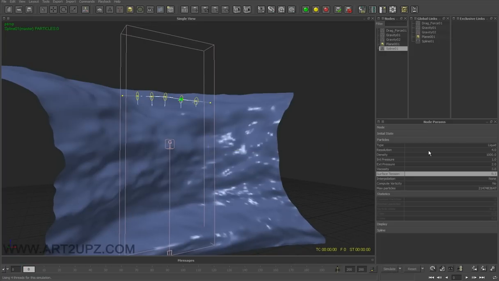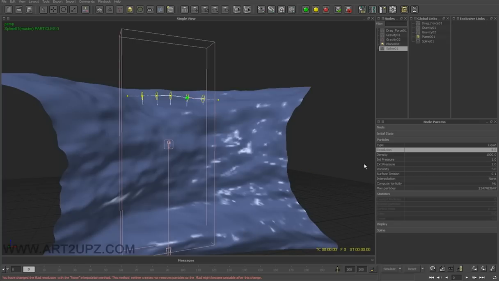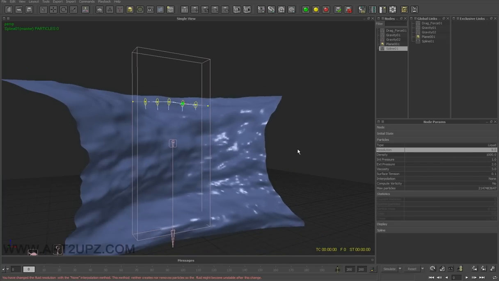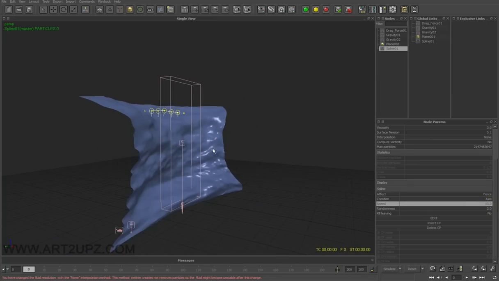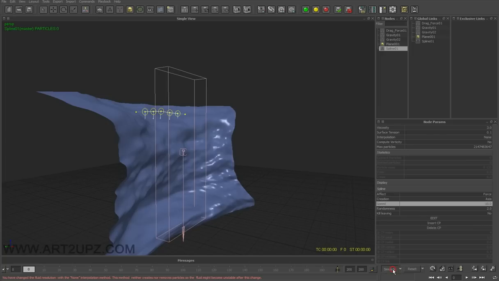I can also reset and give more, for example, resolution. I put up to have more density, more of my simulation, more particles. And another aspect, it's the randomness. In general, I can put 2, for every, or in the speed by 10 because it's the waterfall, it's very fast, the water, for example. Simulation again,